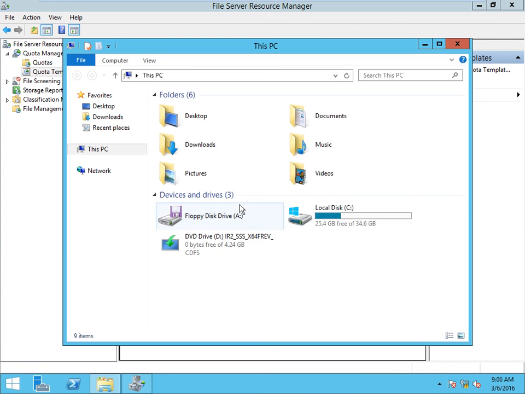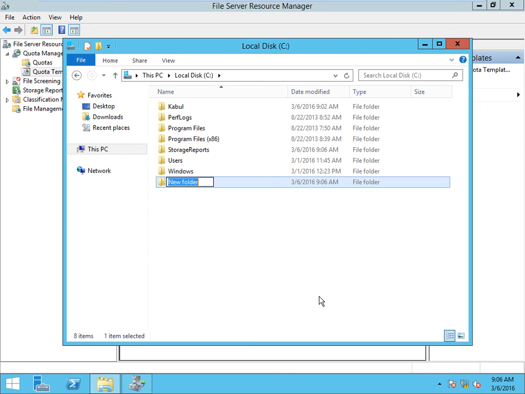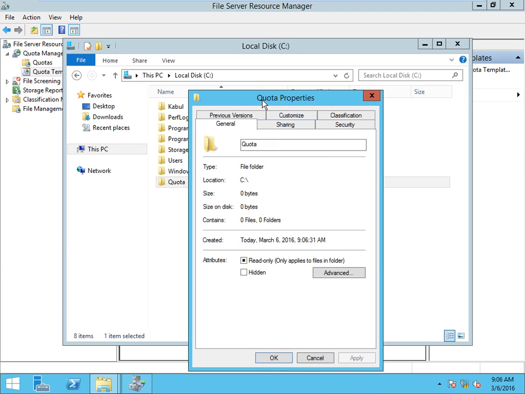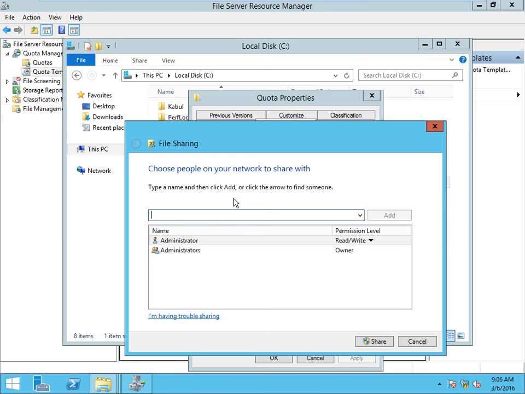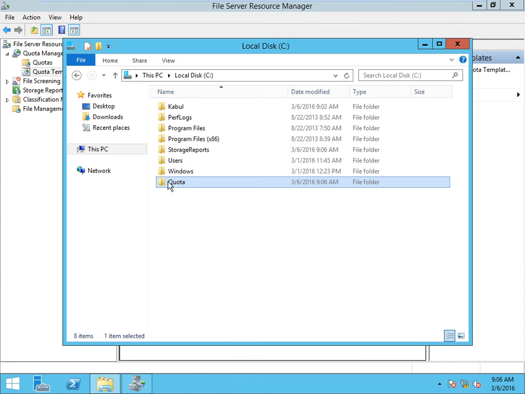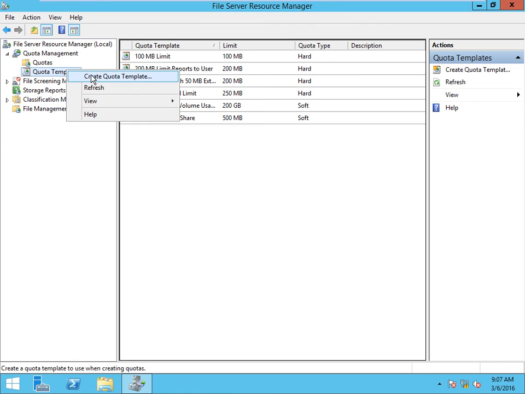Before that, do one thing, here just create one folder by the name of, suppose, quota, and share this. So we will implement this quota on the folder. Everyone add, can read and write, share, done, close. Now guys, right click on quota templates, create quota template.